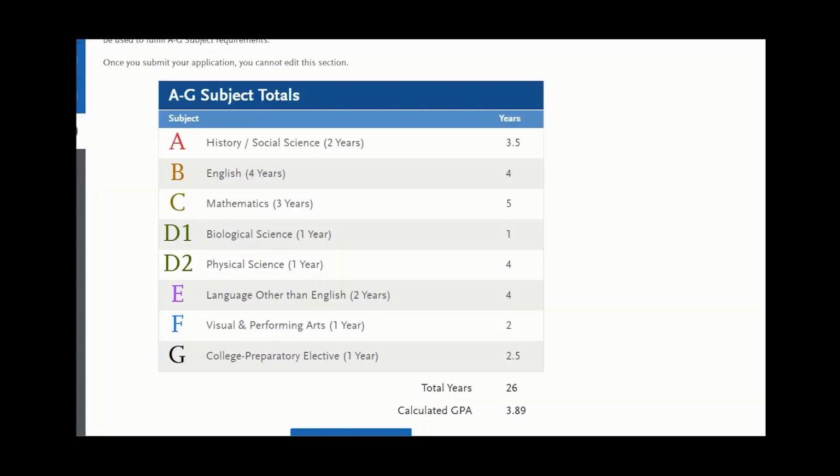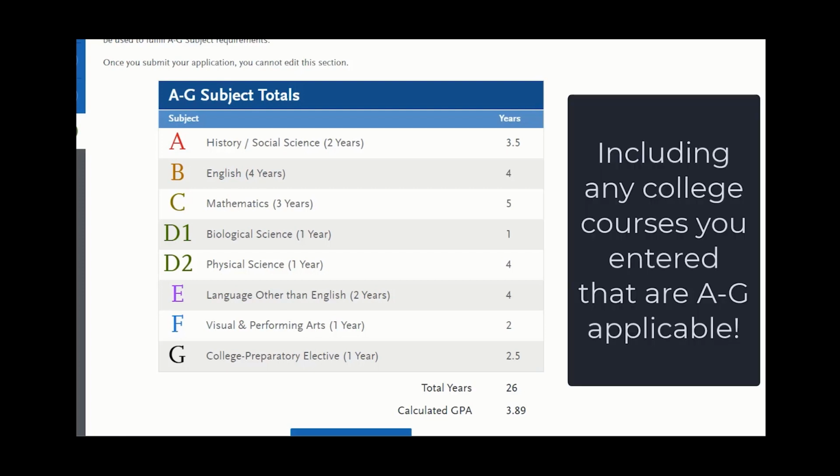So just as a reminder, if you're a California student, whether your school was part of the CCGI system or not, you will want to check those A through G designations just to make sure they are correct. But if you are an out-of-state applicant, international student, or a California school that isn't part of the CCGI system, you'll have to enter your coursework manually. It will be your responsibility to make sure all of your coursework is labeled correctly with the A through G